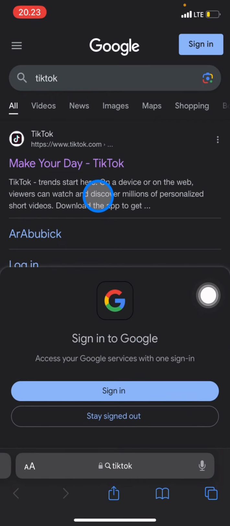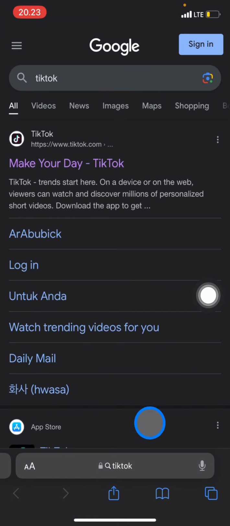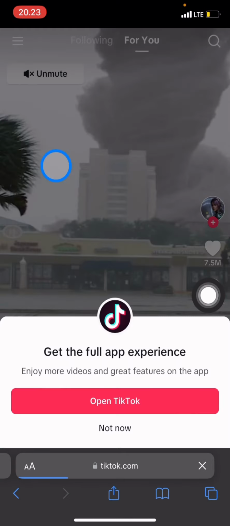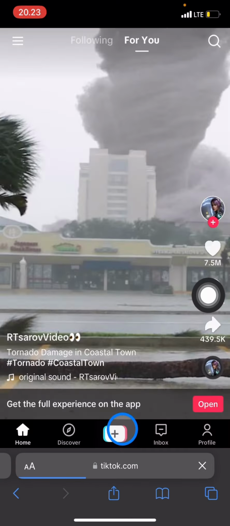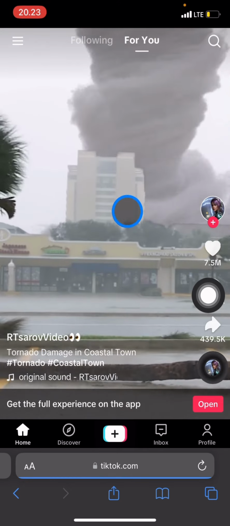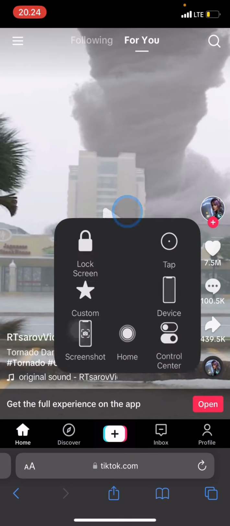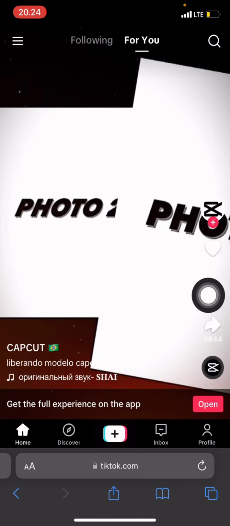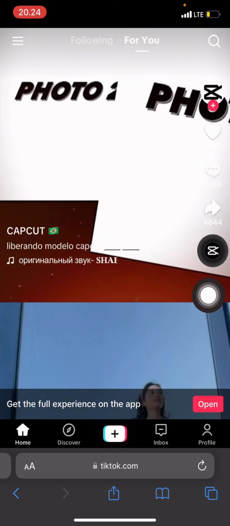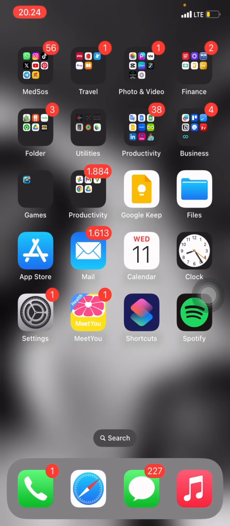After that, you just need to click the first result that appears on your screen. Just click on make your test TikTok. Then hold on, and now you are already in the TikTok page. You can now scroll and find out what video is playing, every video that appears. That's all the way you use TikTok without the TikTok